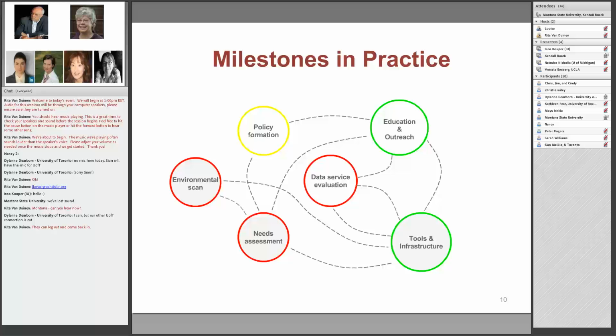policy. So I think that there's this question of evaluation, and is this something that is of interest to the group? Is it something that's already been done? There's a big question mark there. So do we want to go forward in terms of looking at next steps in terms of education and outreach, tools and infrastructure? So I can leave that,